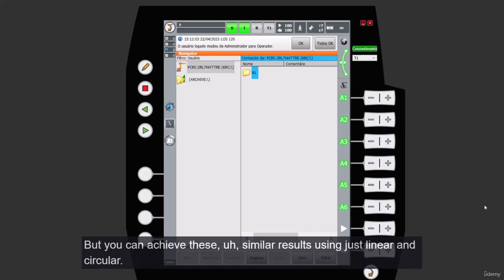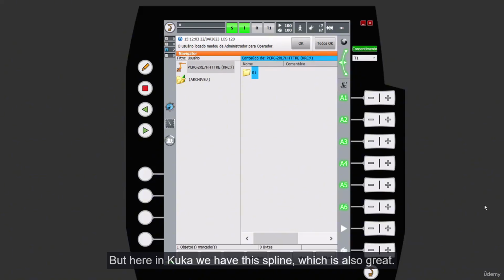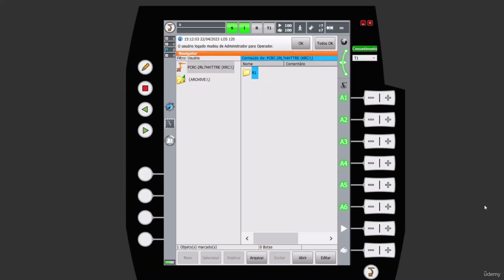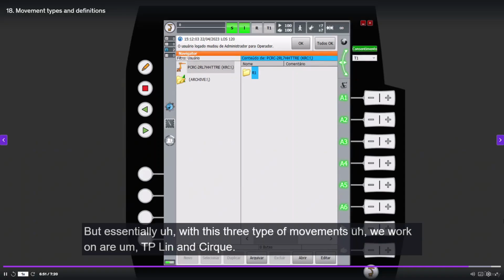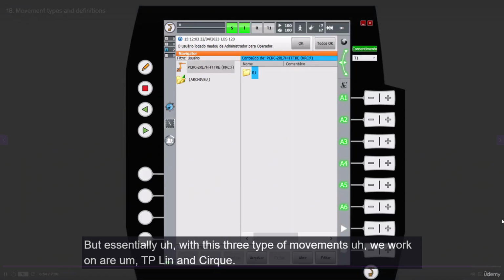But you can achieve similar results using just linear and circular, but here in KUKA we have this spline, which is also great. So spline obviously has its advantages, it's something specific, but essentially the three types of movements we work with are